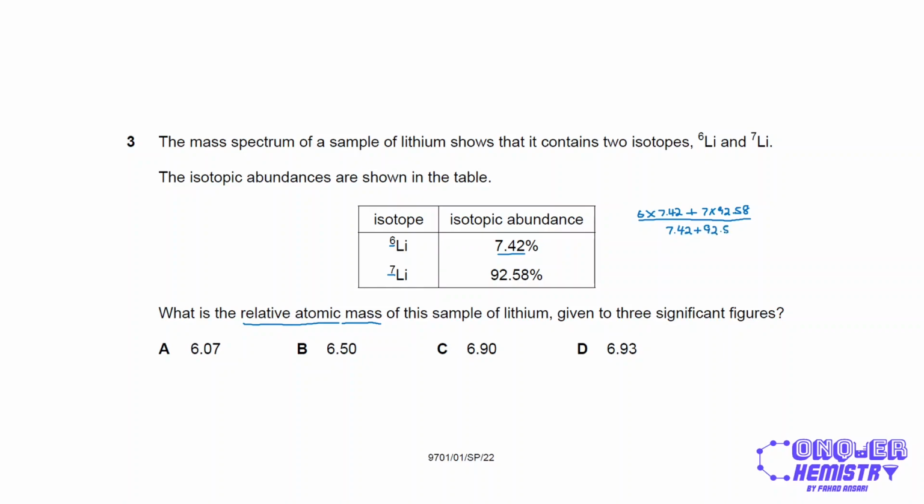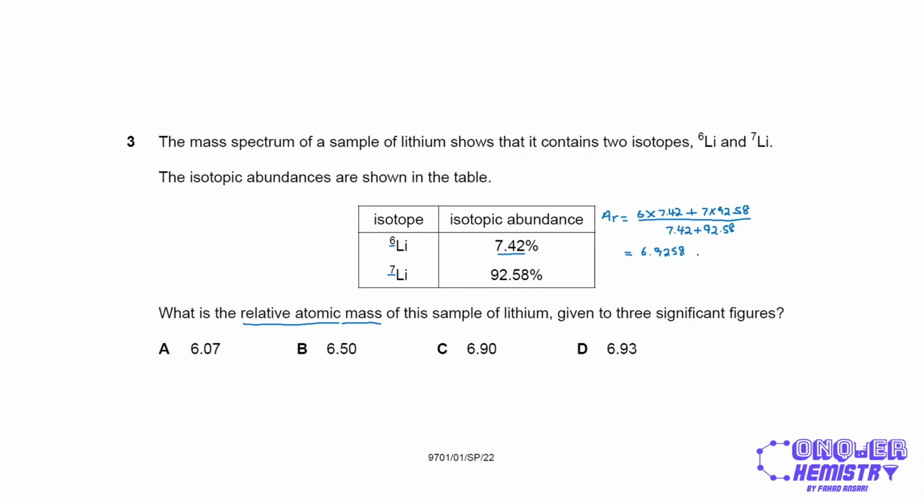Now remember, in this case, it turns out to be 100, but sometimes it can happen that it is not adding up to 100. So always add up the isotopic abundances that you are, in fact, using in your calculation. This will give you the relative atomic mass, or AR, which turns out to be around